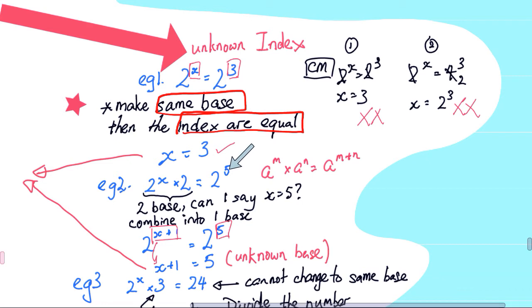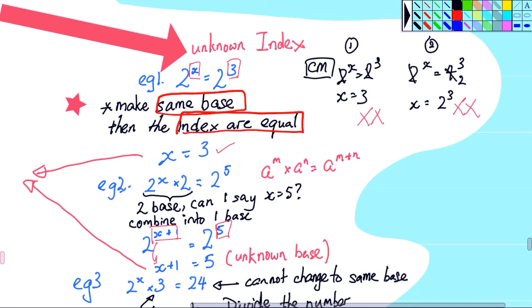It's because we need to combine the two bases into one base. Then it looks something like the first example. So combining the two bases means I can add the powers when the base is the same and when they multiply together. So in this case, I have 2 to the power of x plus 1. Now, why is it 1? It is important to note that when there is no number on top, it is always 1.